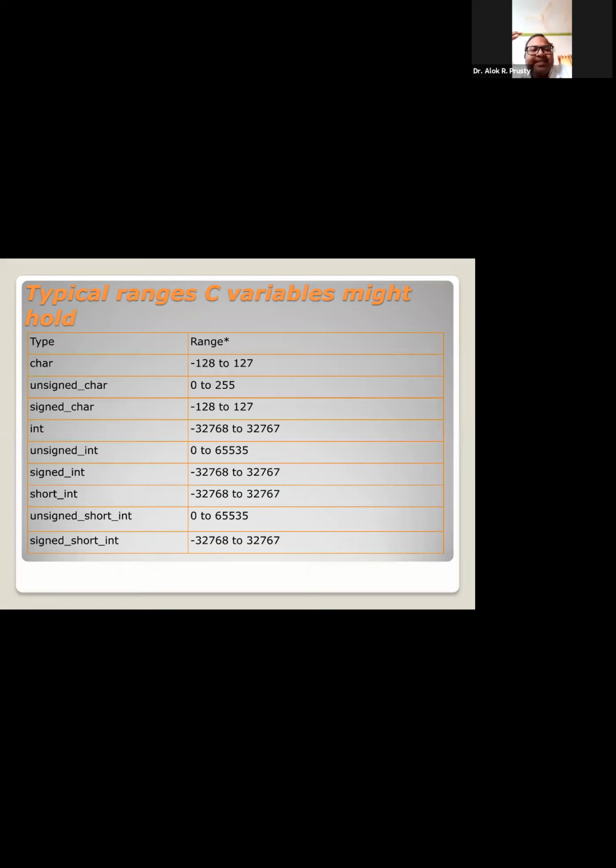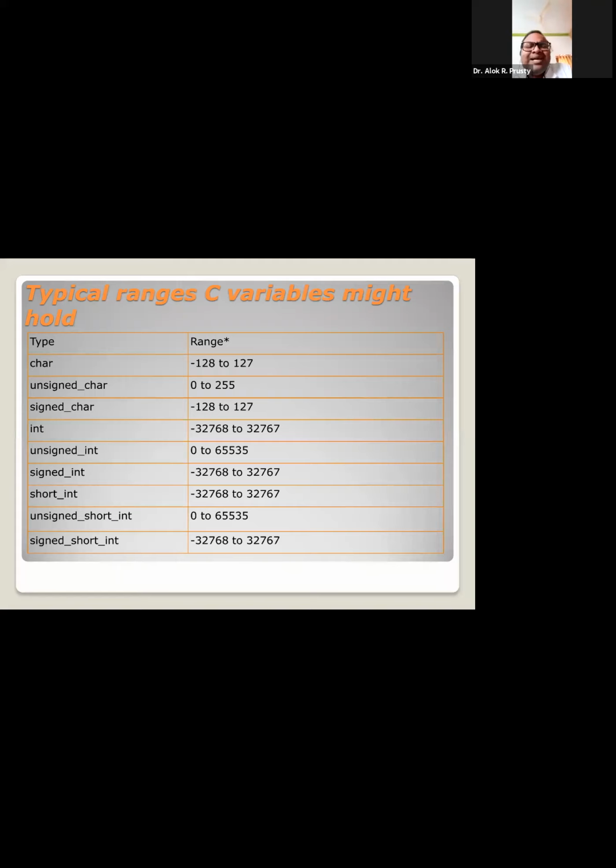Now, a very good question will be how to find the range of a variable. I am giving one example here. We know that to store one character, maybe A, maybe B, maybe I have 4 characters in my first name, that is ALOK. To store A, my system will allocate 1 byte, that is 8 bits. To store O, my system will allocate another 8 bits. To store K, my system will allocate another 8 bits. So every time it will allocate 8 bits.